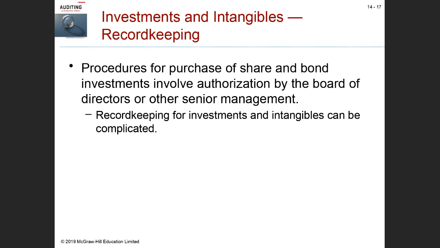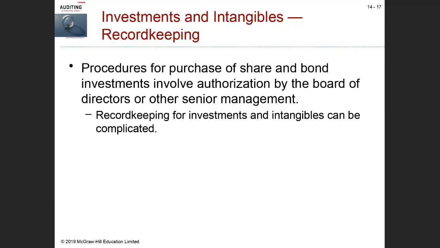When we acquire shares, we may have to assess what's our percentage ownership in the company? How should we be accounting for the shares? Should that be at fair market value? Should that be under the equity method of accounting? Of course, if we control another company, maybe we have to look at consolidation. So all of these different accounting implications make it complex in terms of the actual record keeping that has to take place.